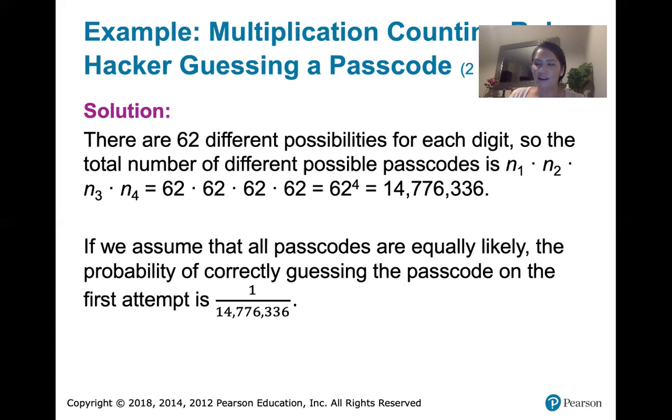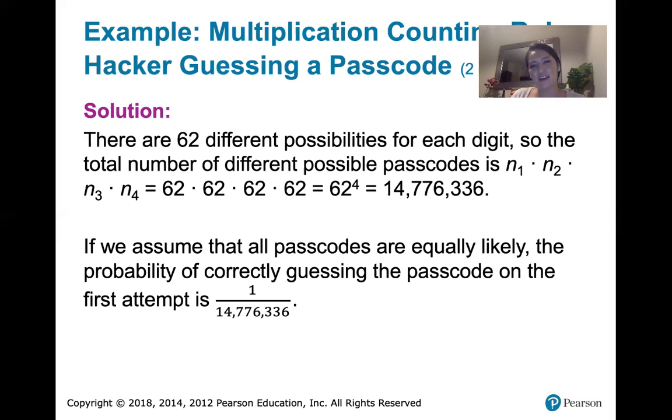Now, it turns out that they're not all equally likely. Hackers know human nature is such that we tend to include names in our passwords. We tend to include certain words in our password. We tend to include birthdays, social security numbers, all of those things. So often, rather than guessing somewhat randomly from that